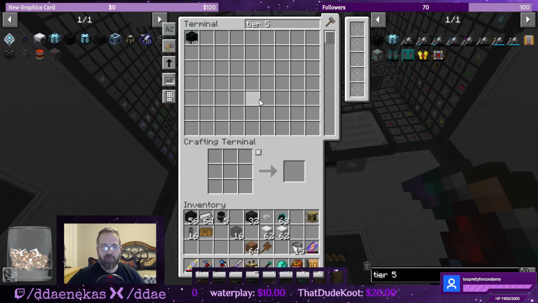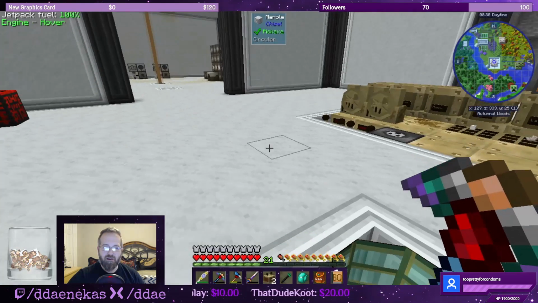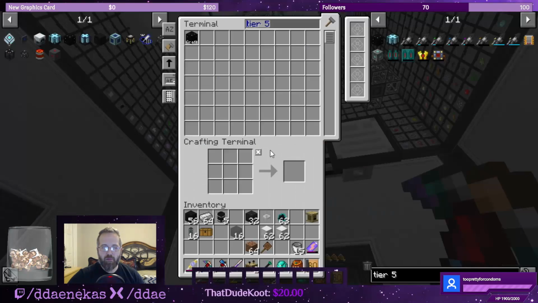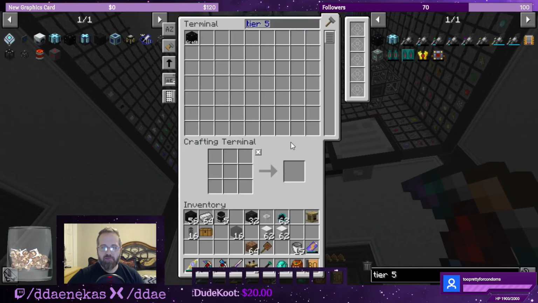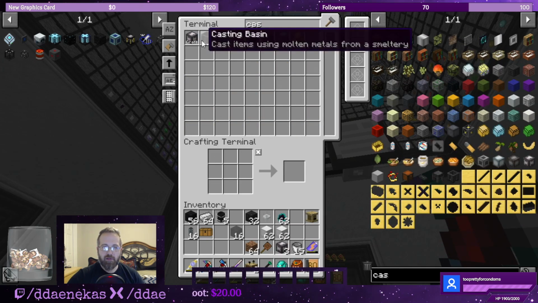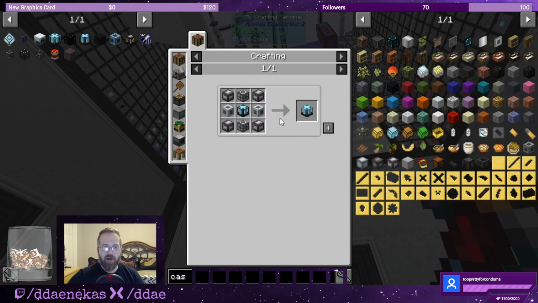I know a couple of episodes ago we spent a long time making a lot of reinforced machine casings. We have 56 structure frame tier 4s. Let's make what we need for the tier 5. We need 4 of the advanced machine casings. I was testing it. We need to do 1 more craft of that, which is already done. That's nice. Tier 5, we need...